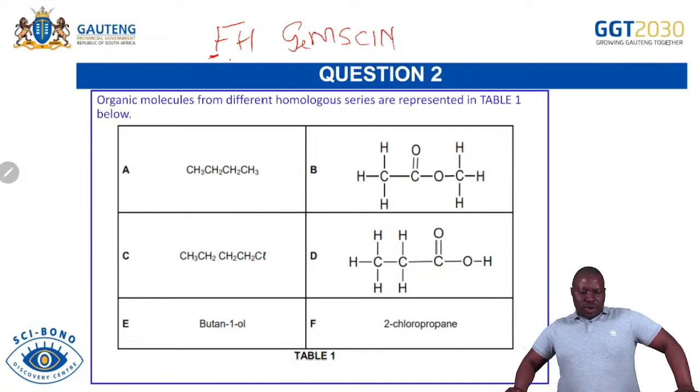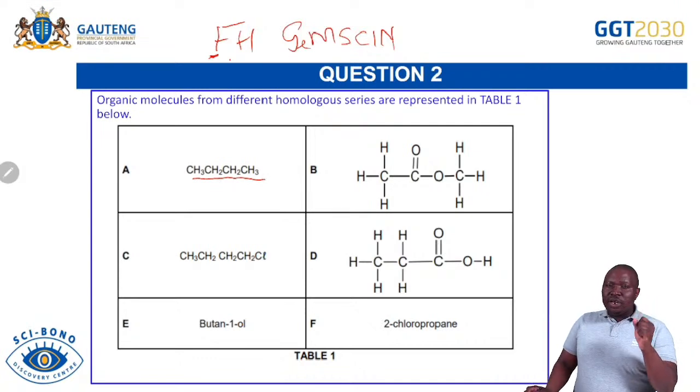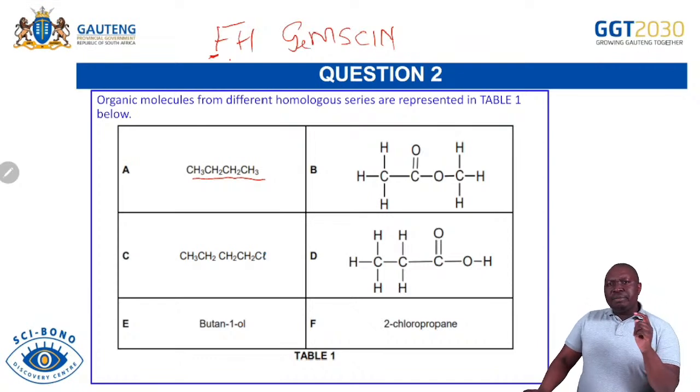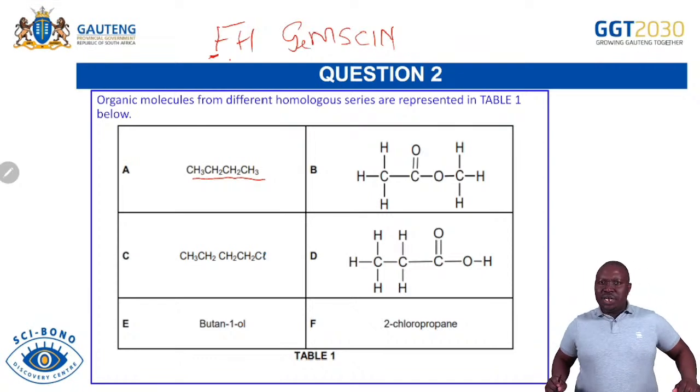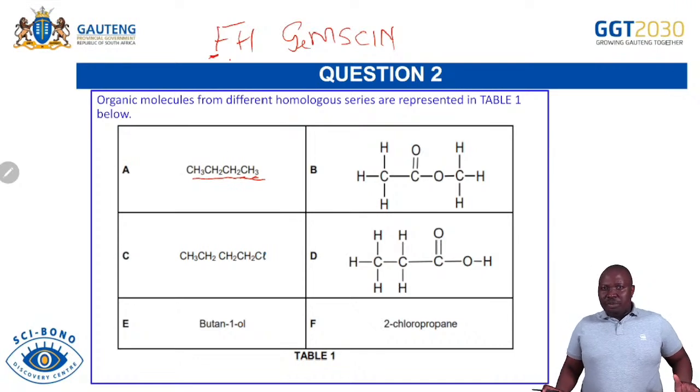What is that? So if you check the first one, you have only carbon and hydrogen. So you know it's a hydrocarbon. So you'll expect in the question that we can ask you to define a hydrocarbon. Remember, a hydrocarbon, when you look at the structure, you can tell that it's a hydrocarbon. How do you know? Because it's made up of hydrogens and carbons only. Please, when you write the definition, you will say a hydrocarbon is an organic molecule, because these are organic molecules. So it's an organic molecule made up of carbons and hydrogens only.